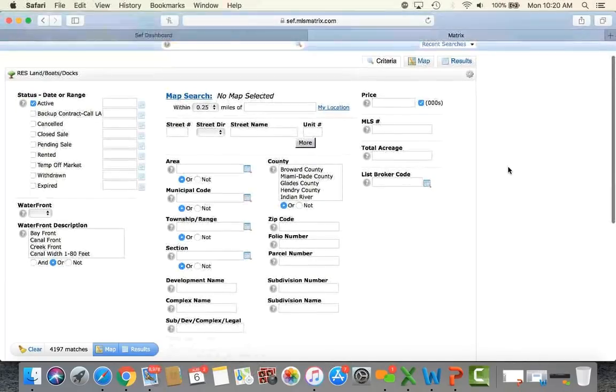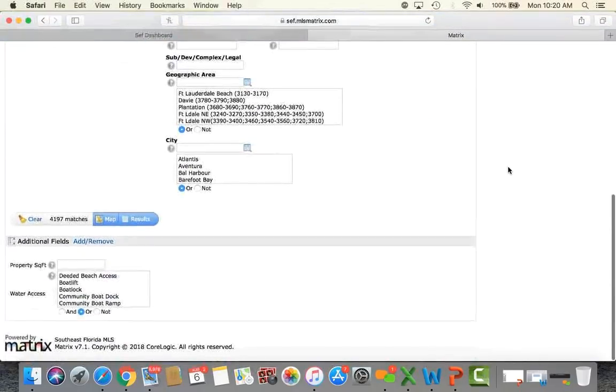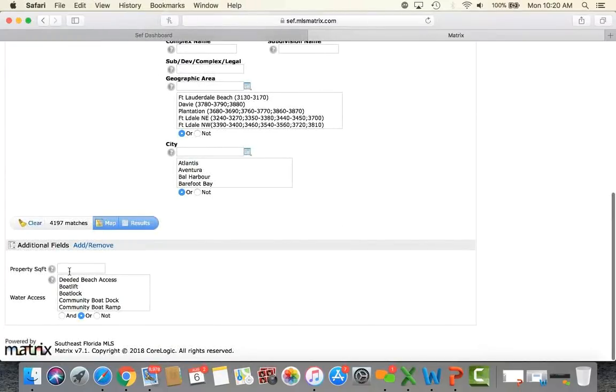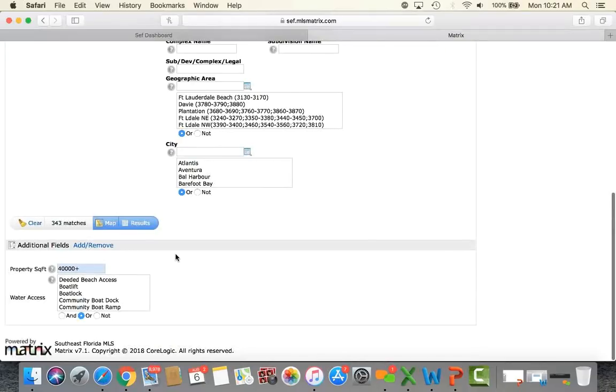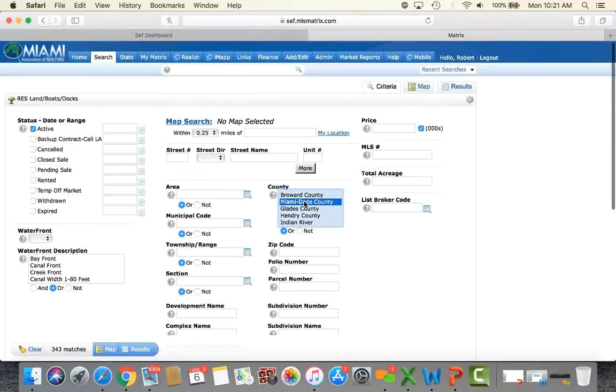to get a 1 to 2 acre home or lot size is by looking over here where it says property square feet. You want to put in the actual dimensions. So if you're looking for a 40,000 square foot lot or more, you're going to go ahead and put in 40,000 plus, and then you're going to be left with the amount of lots available over 40,000 square feet. I try not to use total acreage because mistakes are made sometimes, and the right answers won't pull up. So the best way would be to do 40,000 square foot or more, and then let's say do Miami-Dade County